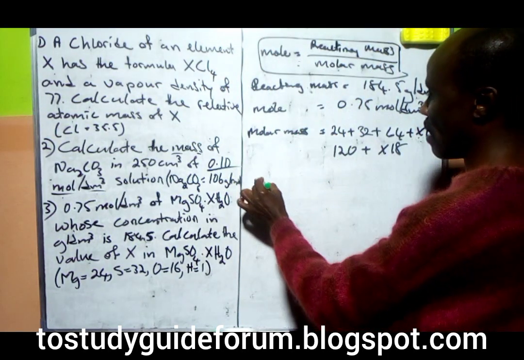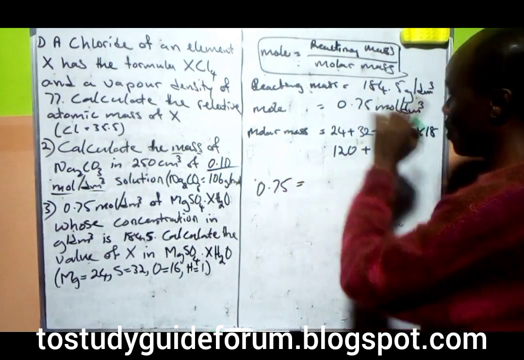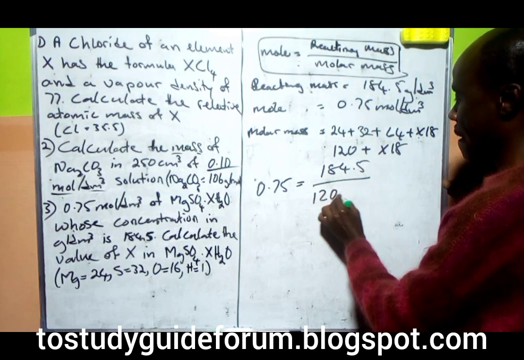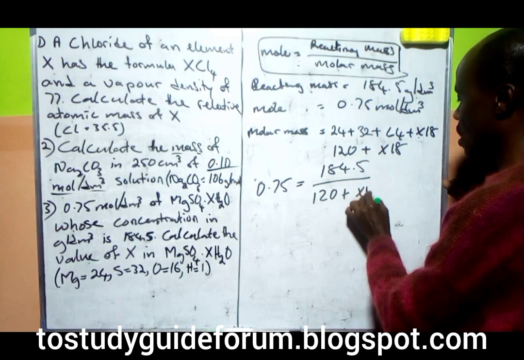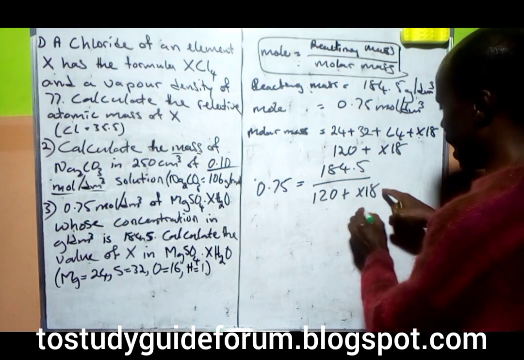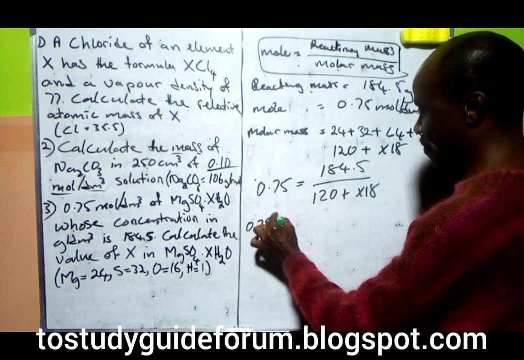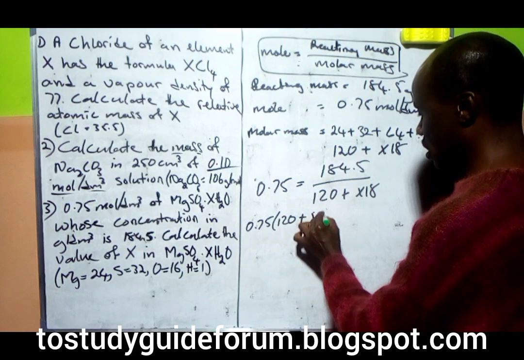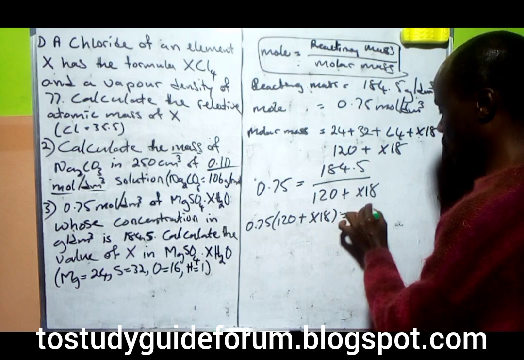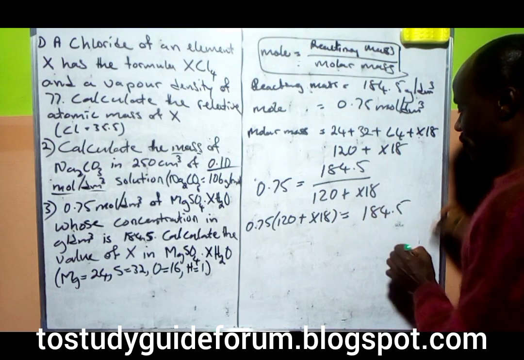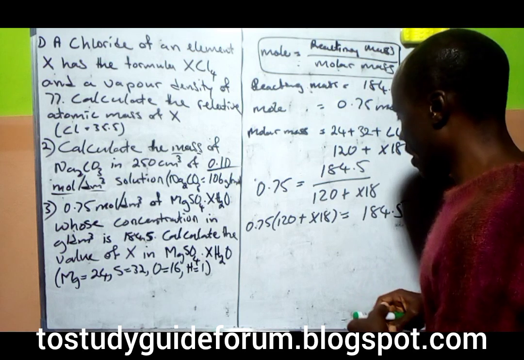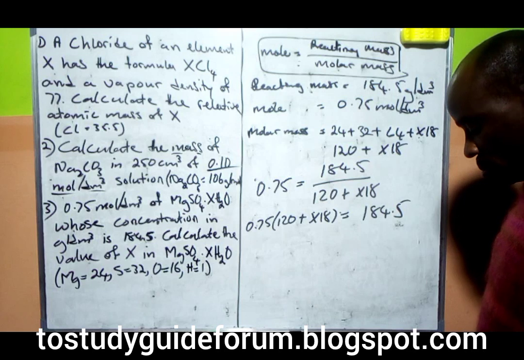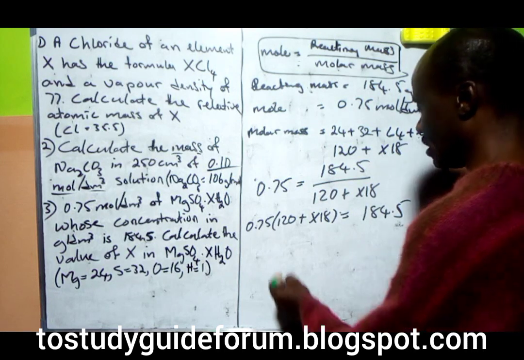We have the mole now. We have 0.75 equal to reacting mass, which is 0.5 all over 120 plus 18x. So when we cross multiply this, we will have 0.75 times (120 plus 18x) equal to 184.5. So when we multiply through, times 1, this one will give us 90